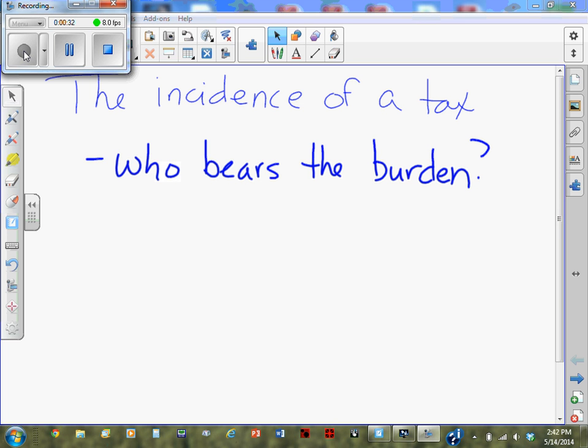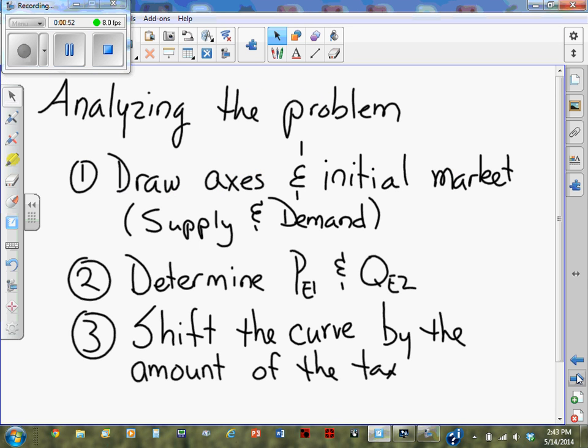It doesn't matter whether the buyer pays the tax or the seller pays the tax at the point of sale. The fact is that both the buyer and the seller will bear the burden of the tax. Now, whoever has the more elastic curve is going to end up bearing more of the burden. To figure out how much of the burden falls on the buyer and how much falls on the seller,